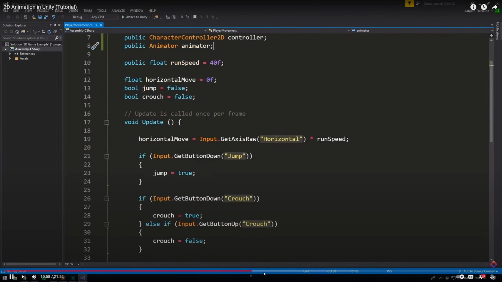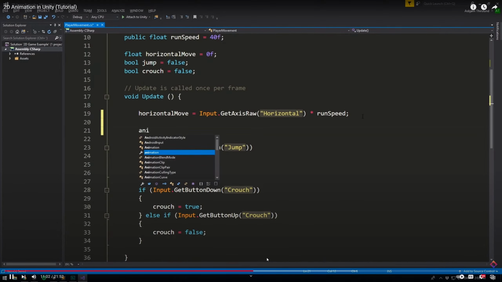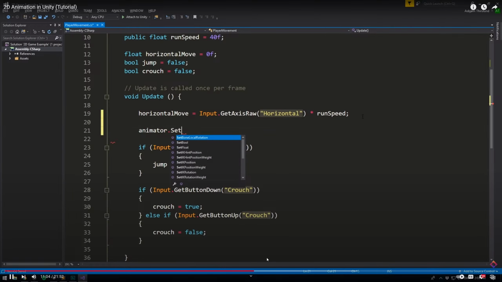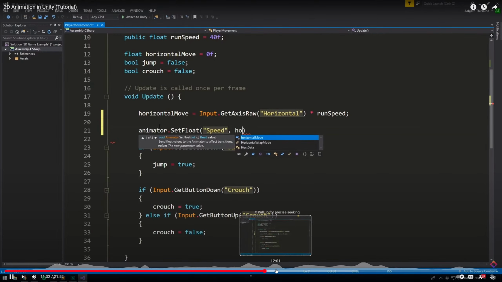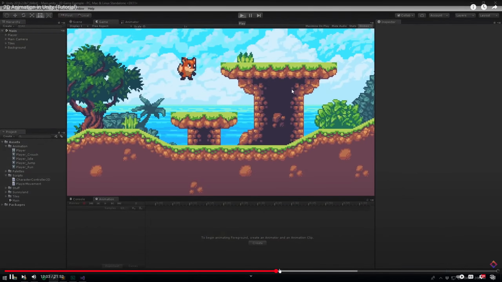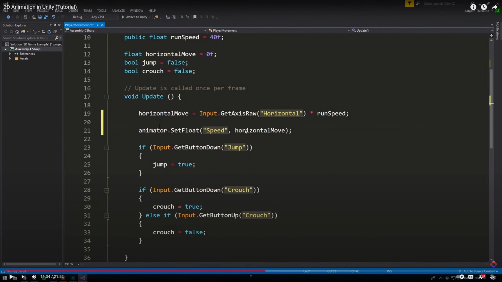And so if we go into the update function where we get our movement, we can actually go in here and write animator dot set float, and then we give it the name of the float that we want to set. Remember the variable right here. So we'll simply write this, close it off with a semicolon, and go into Unity and hit play. We can see that as soon as we start the right horizontal move